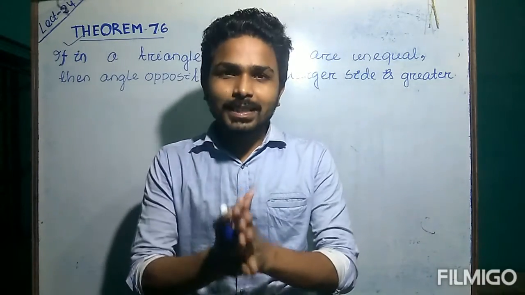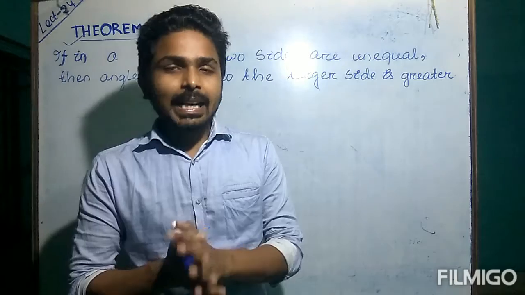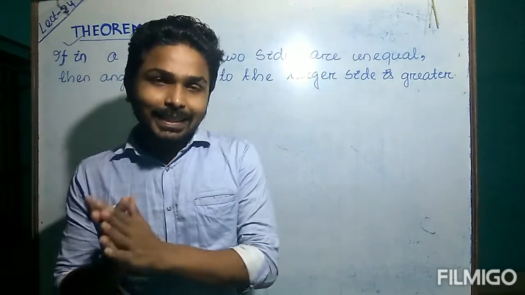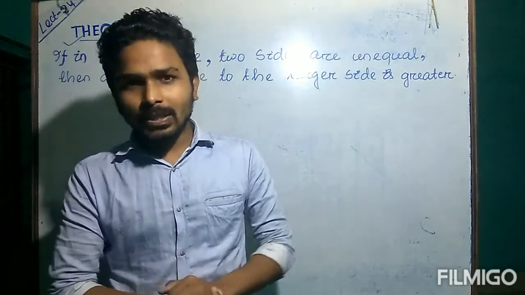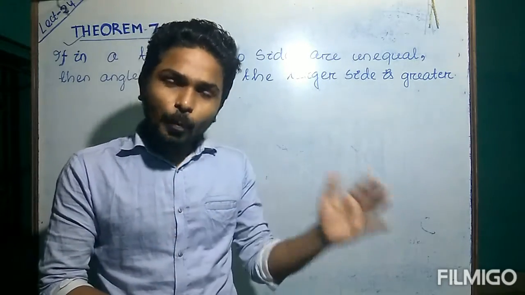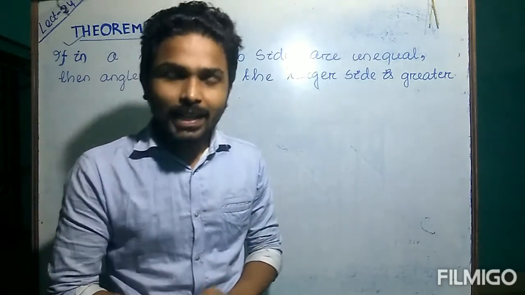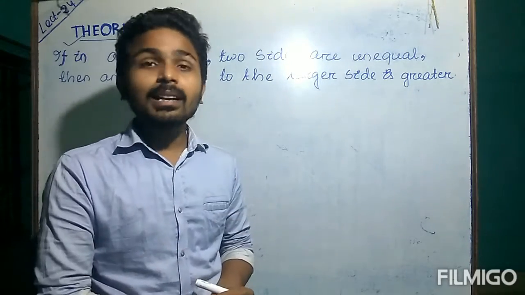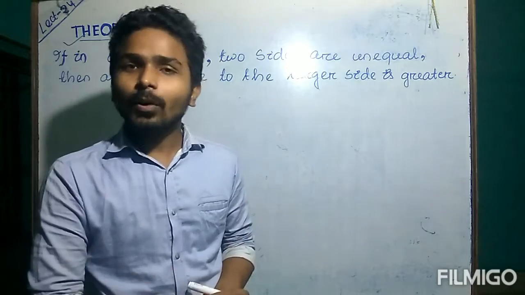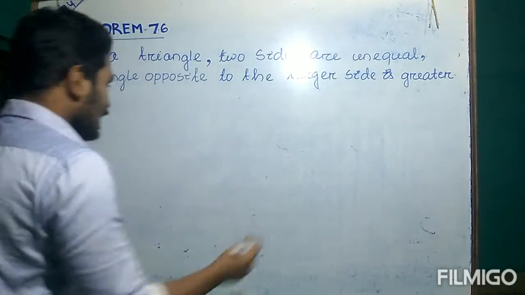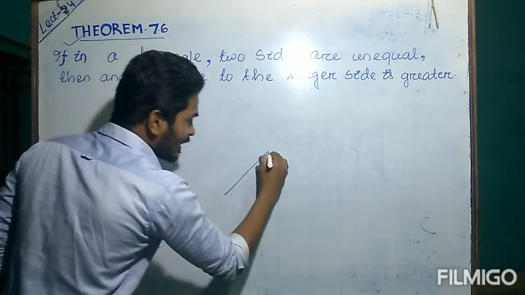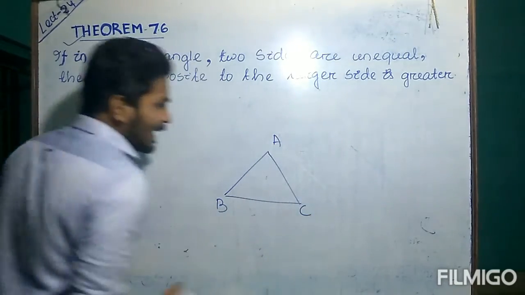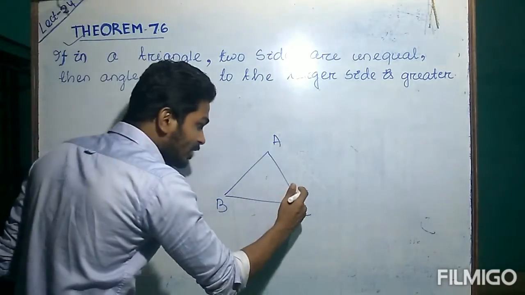Hello students, welcome to lecture number 24 of chapter 7. In the last lecture we discussed that if in a triangle we increase the length of any side, then the value of its opposite angle also increases. Similarly, if we decrease the length of the side of any triangle, then the value of its opposite angle also decreases. For example, in a triangle like ABC, if we increase the length of any